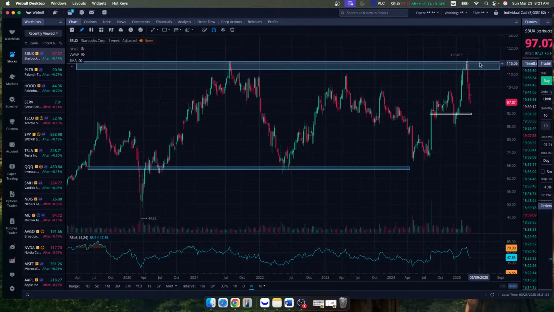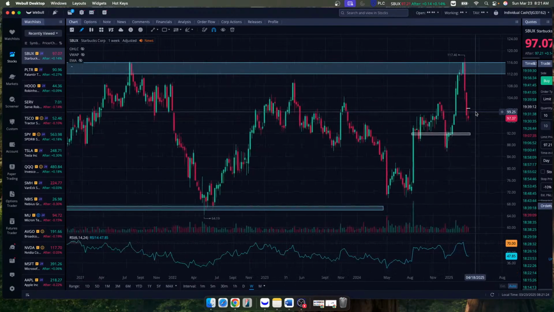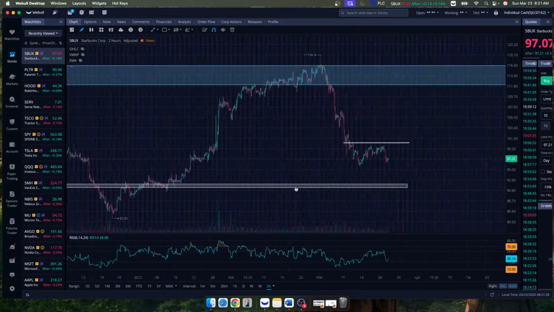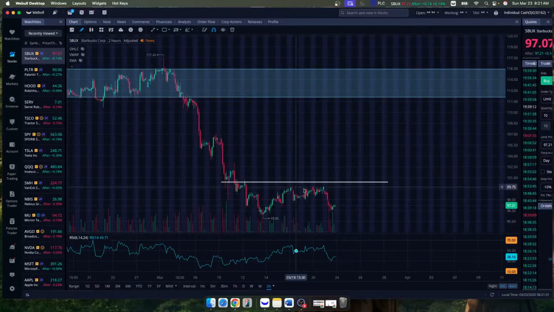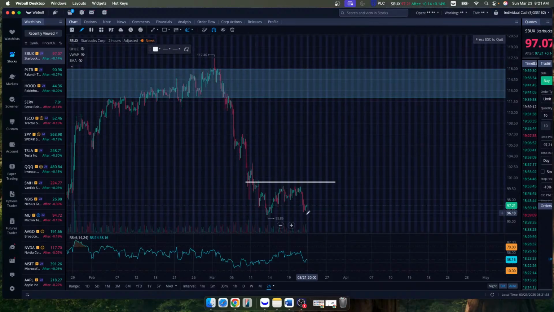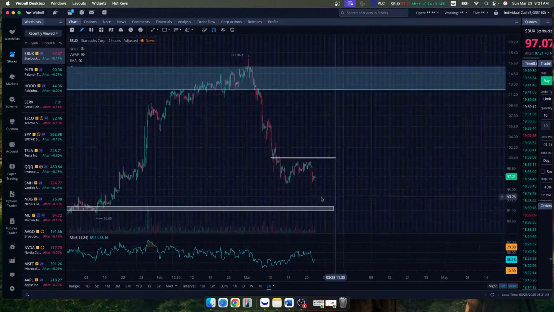This thing has been pulling back like this. And from 117, it's had a nasty rejection. Where am I looking to buy more? I'm going to keep looking to purchase more shares around 92. I like this area where we had some support. And now I just want to see short term though, are we going to reject at this $100 level? So if you're looking to play Starbucks, this is a very strong pullback, consolidate up to $100. Look for that pullback down. That is what I'd be looking for with Starbucks in the short term.